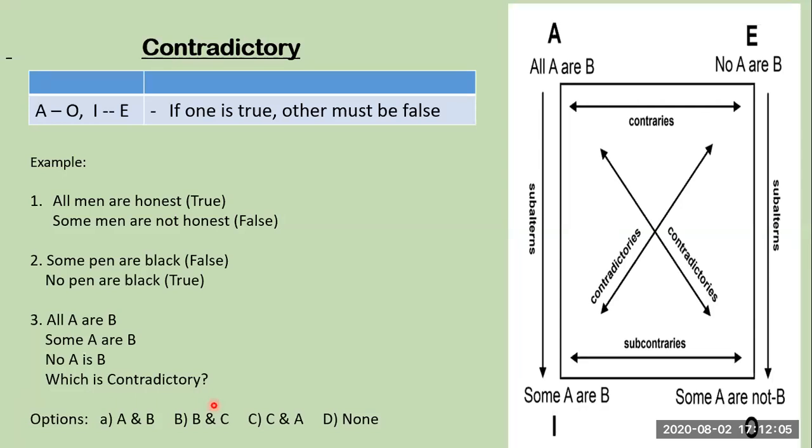Still any confusion, you can just message me in the chat box. Just confirm in the chat box if you have doubt. If you don't have doubt, we'll proceed with the next method. If you have understood this, mode and figure is also the same as this. If you learn this properly, it can be learned very easily. Just message me in the chat box, Ravichandra sir and Manish sir. Do you want me to repeat once again or did you understand?